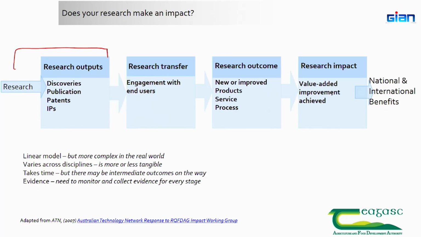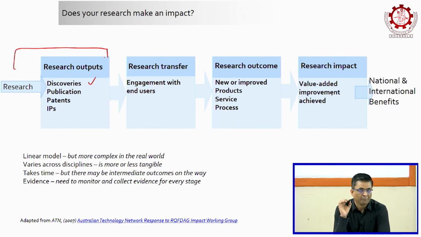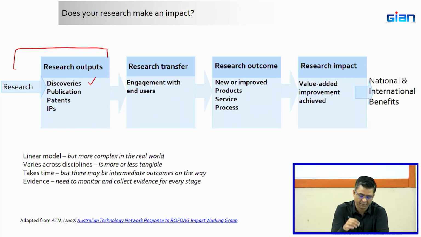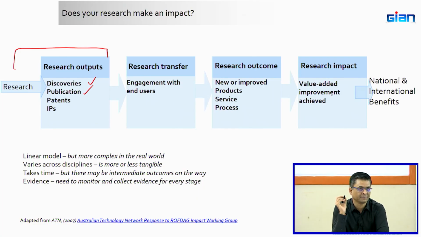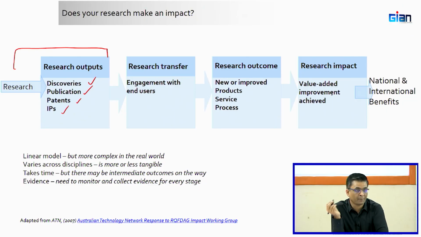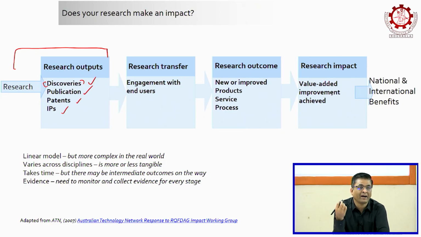You all agree the majority of the stuff stops here. You started your PhD, you want to find something, but discoveries, forget about it. The majority of research is not carried out to find an answer. Research is done straight away, oh, I have done this experiment, I am waiting for my paper to be published, or I am waiting for my patent to be filed, or IP, intellectual property rights. And one thing that is important is discoveries. That means certain experiments are done only to find the answers.